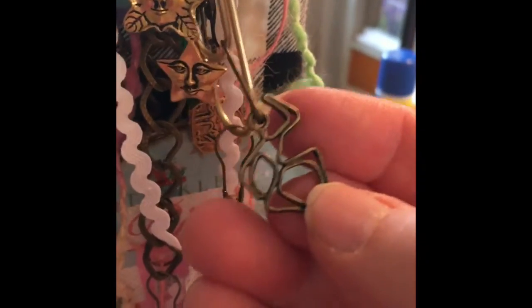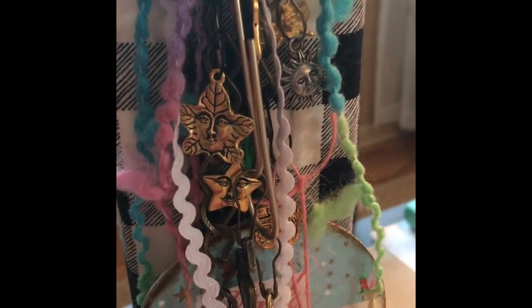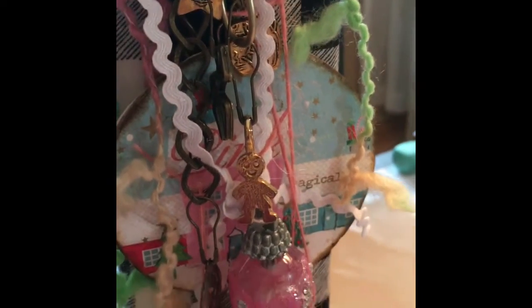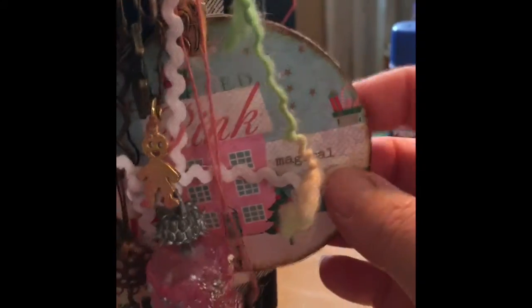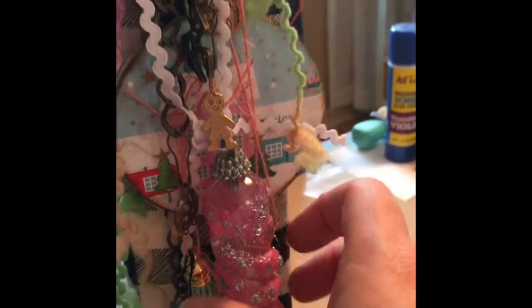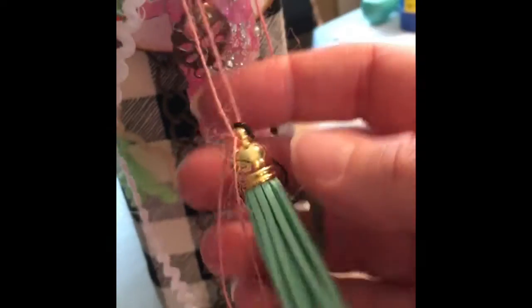Yeah, so I bought a bunch of charms from Jerry Bellini, who is Recycled Parts for Art on Etsy. And this is from Michelle. That's an AT coin. Thank you, Michelle. It's perfect. It's beautiful. This is the plastic ornament that I embossed and put extra bling on. Fun, right? I have a little key, a little black key. I'm planning to use a key on the inside of the album as well. Another little charm,